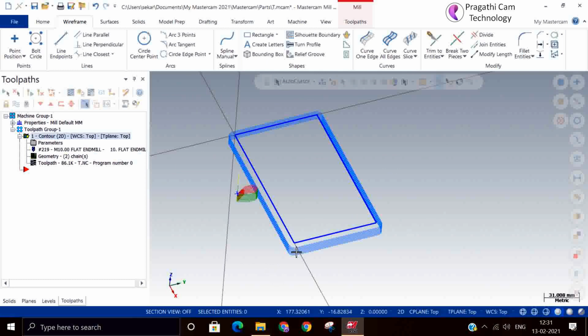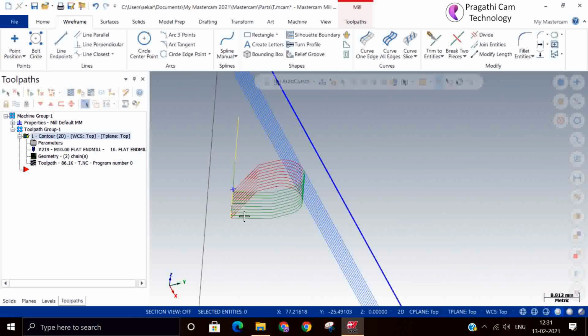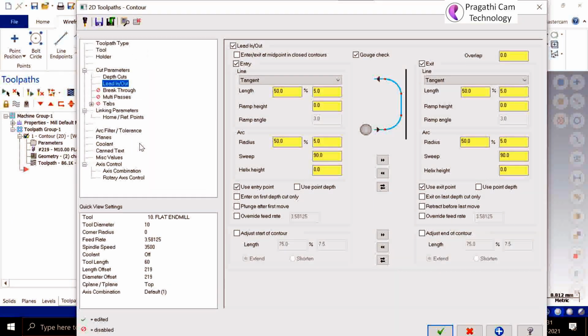This is the entry and exit at the particular point. If you have a specific requirement that your tool should enter at a particular point, in that situation you can use it. If you want to override the feed rates, you can override here.